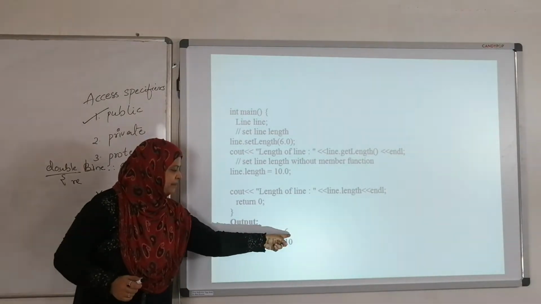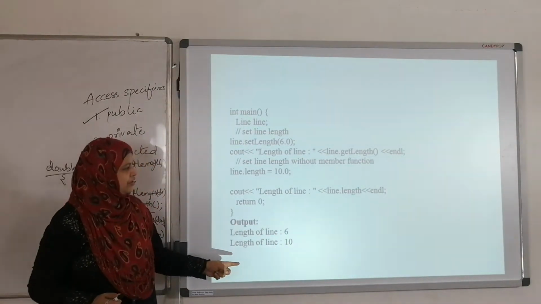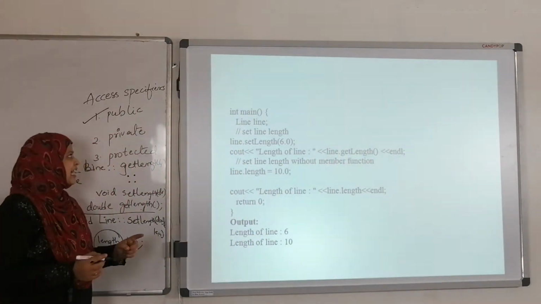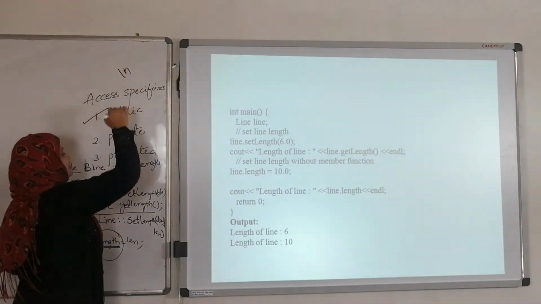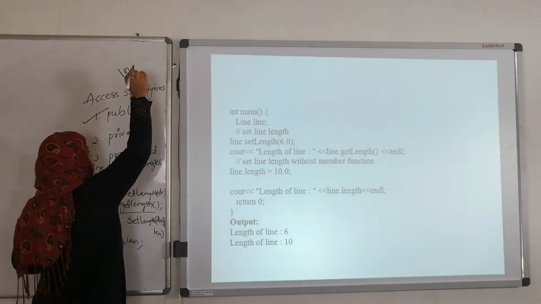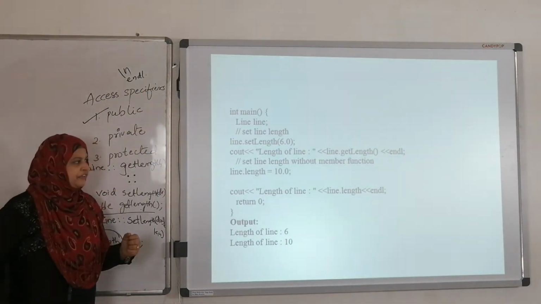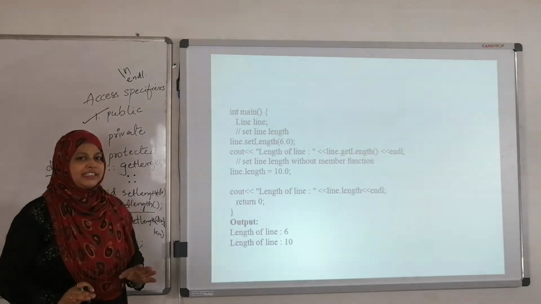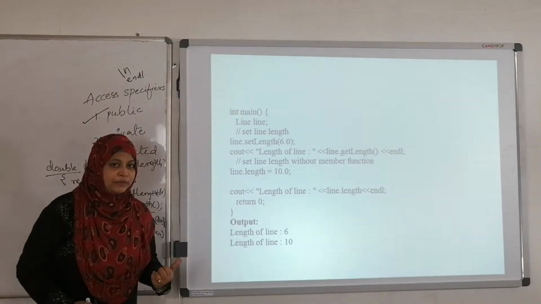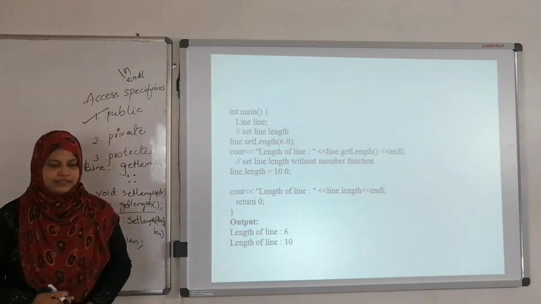After completion of this, we get a new line. Why do we get the new line? Because endl is there. In the previous example I wrote \n. This is also the new line character, and endl is also a new line. Whenever we write endl, that is a new line. Now I am going to explain these things using the C++ compiler.